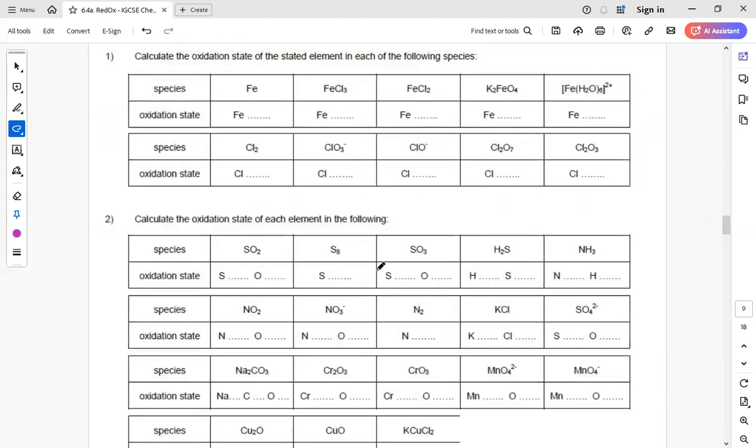अच्छा. So right here we have to calculate the oxidation state of the stated elements in each of the following species. Let's just do an exercise, and then we'll just end this lecture. So before we start this exercise, is everything clear regarding oxidation states, redox